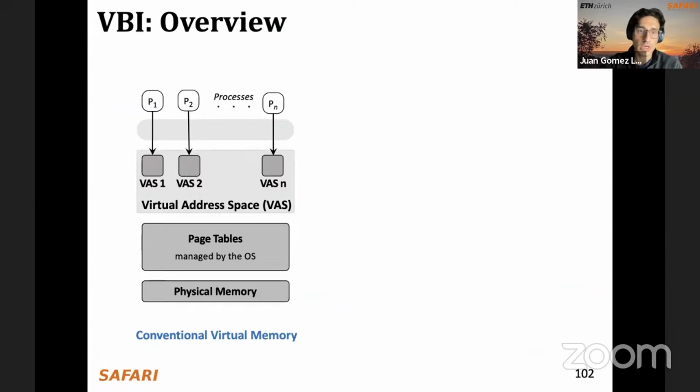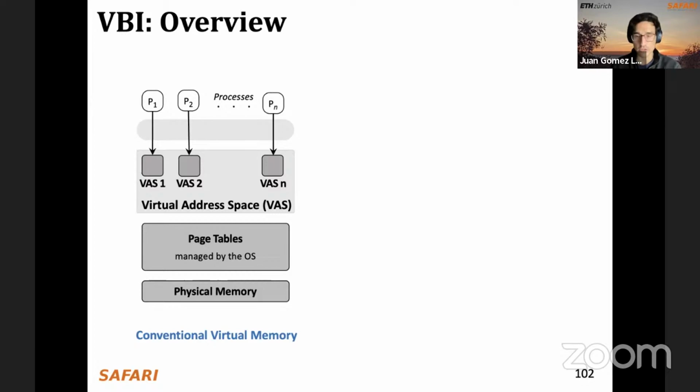As you know, in a conventional virtual memory system, we have a monolithic virtual address space, right? Where each of the processes running on the system has its own virtual address space. All of them are the same size. They need to use page tables. We have seen in the previous slides that these page table walks are extremely costly. So this, let's say, traditional approach doesn't seem the best fit